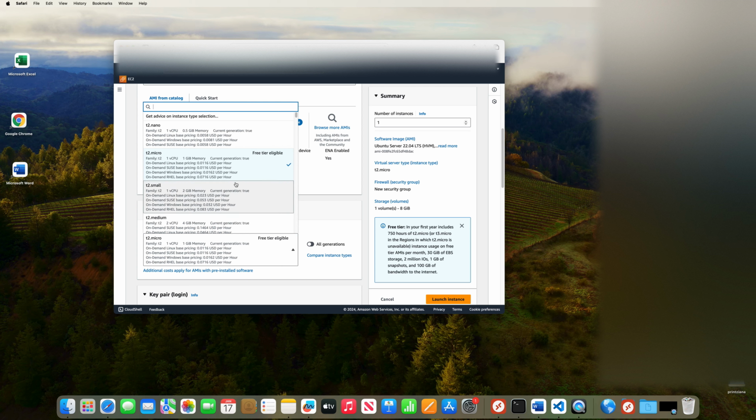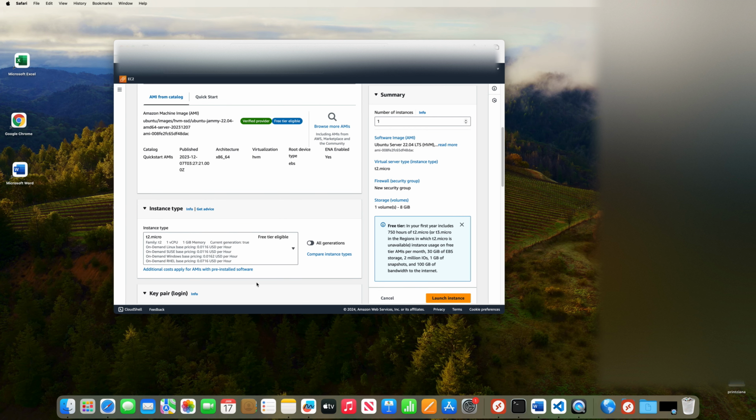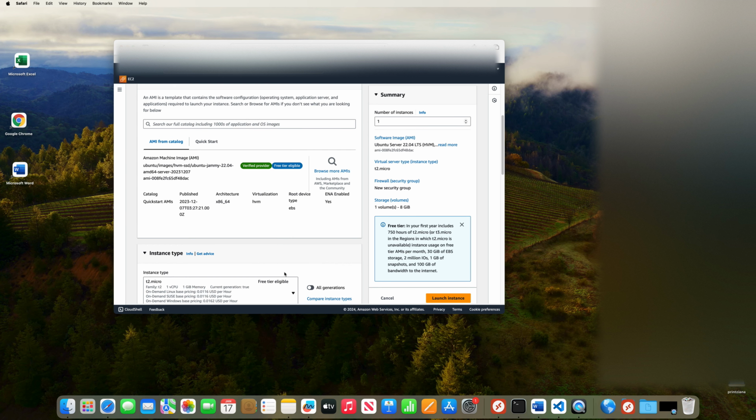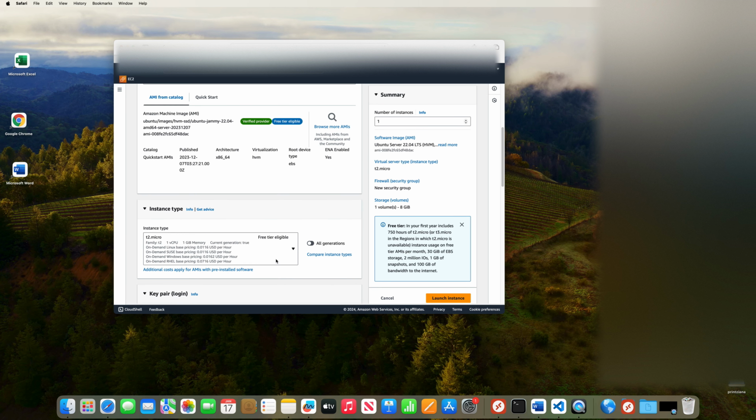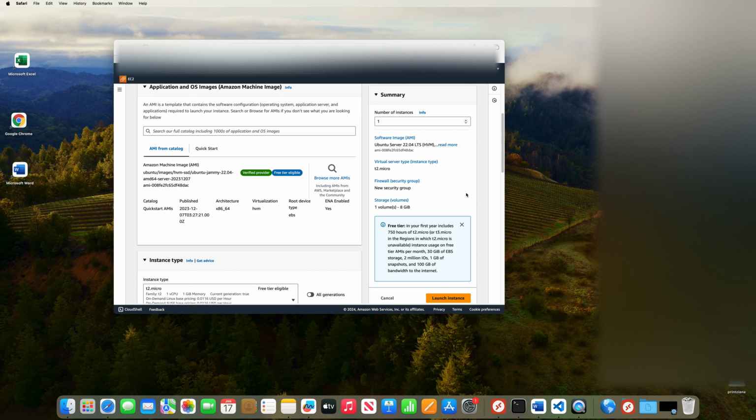We're going to use micro since this is available for our area, and depending on the requirements of your project or your homework, you can choose other options, but since it is free, I choose the T2 micro. Then I go down,